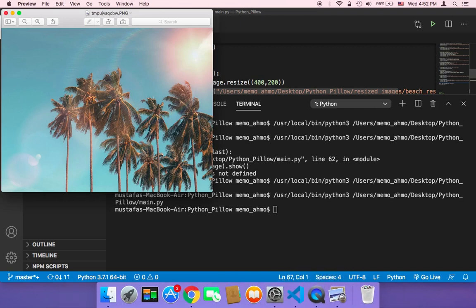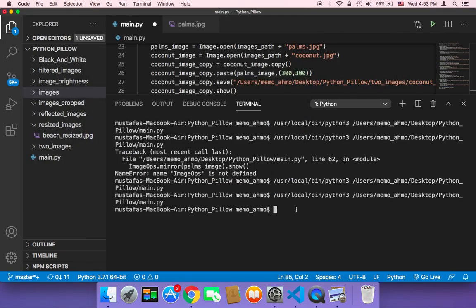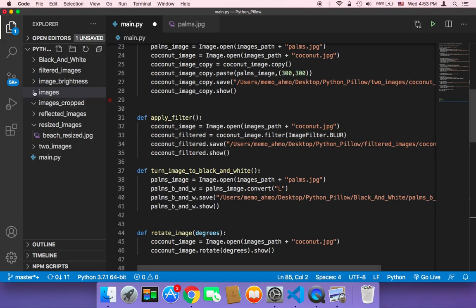As you can see now, the image is reflected. Palms now are on the right side of the image, and also the sun is on the right side of the image. And let me prove that to you. If you open the original image, which is the palms, which is inside the images folder, if you open it,